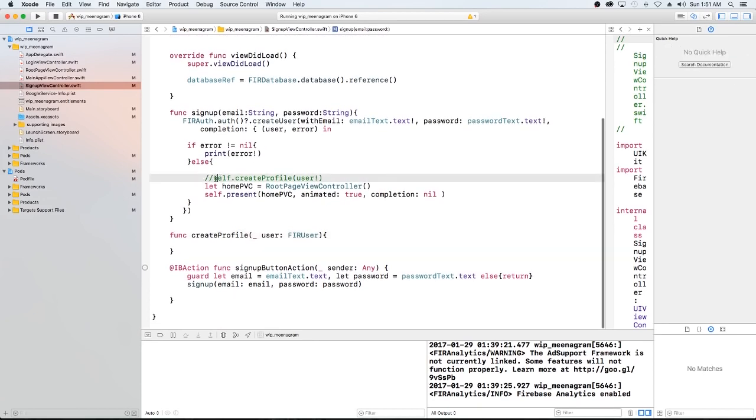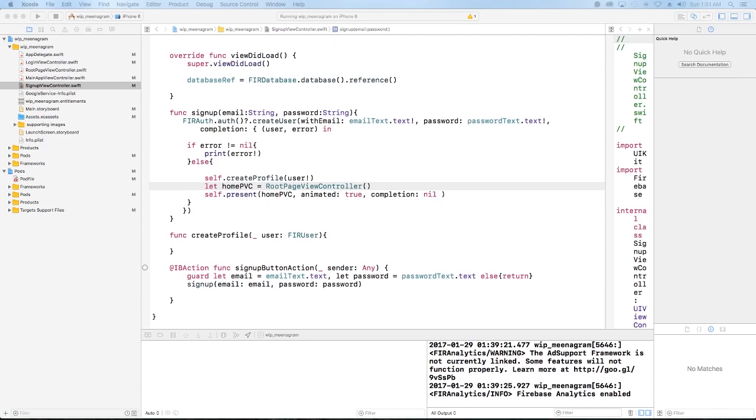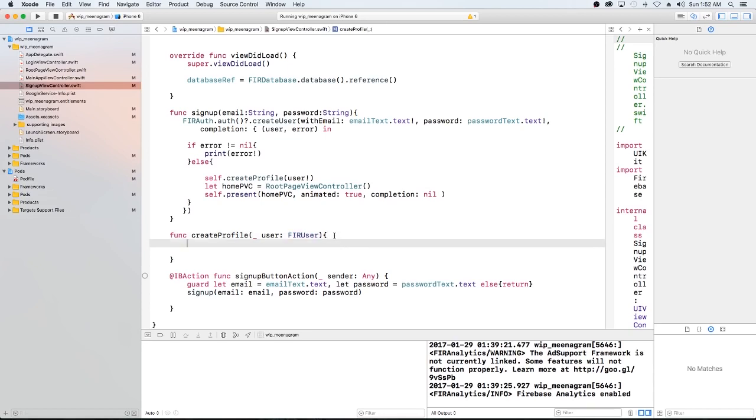So the first thing, let's go ahead and uncomment this self.create profile. We're going to pass it the user in order to store some of the values that were actually created into our database for our user. So let's go ahead and just start building up this idea of the user. So we want to create a new object. So our new user